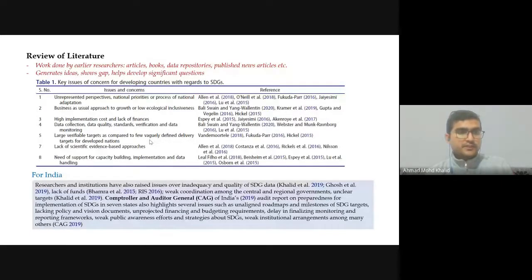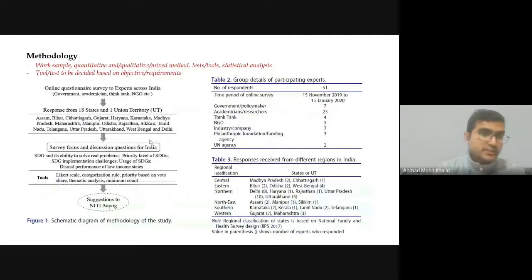Now, after review of literature, another component is the methodology. I talked about initially that in the methodology, you try to show how you're going to accomplish your research, your project, thesis. What all have you done? How have you done it? And what are the ways you will approach them? This is all part of your methodology. And the methodology also involves certain tools and techniques, statistical tools, you can say. The methods can be quantitative, qualitative. It can be a mixed method that involves both of them.